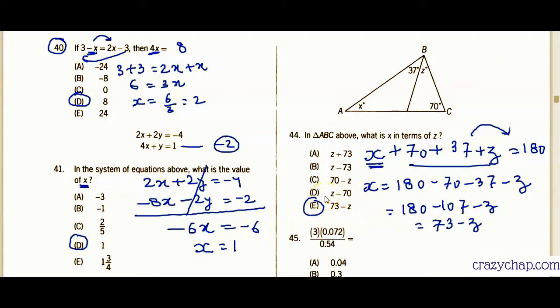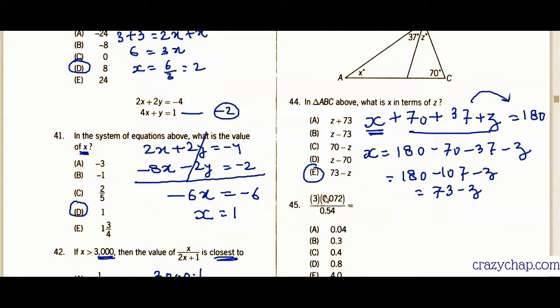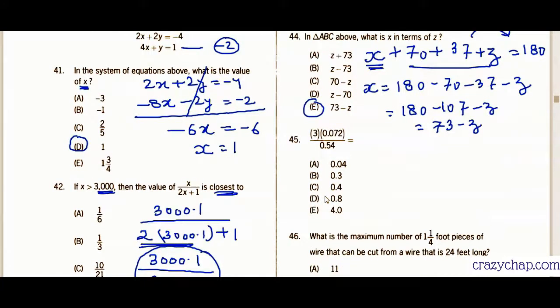Let's move on. Try number 45. In this question, we have a basic calculation. In the numerator, after decimal, we have 3 digits. And in the denominator, after decimal, we have 2 digits. So my effort is, after decimal, the number of digits should be same. That's a very important concept. So after 5, 4, I can always put 1 0 extra. There is no harm. Okay. After 5, 4, we can always put 1 0. Okay. So now I can cancel the decimal from both the numbers. Let me write it nicely.